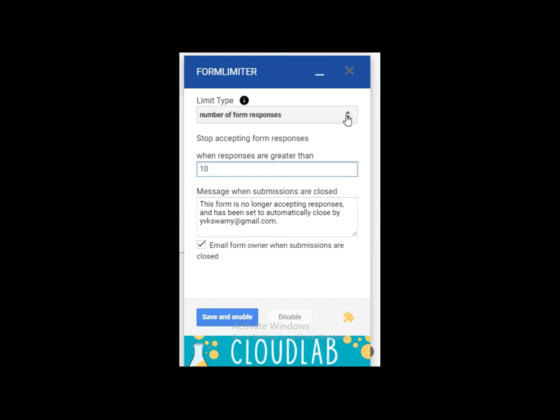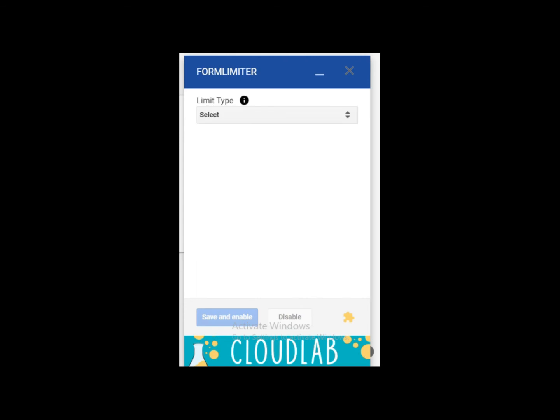So set time, date and number of responses, then click save and enable. And if you want to disable this form limiter, click disable. In this way you can set the time, date and number of responses also for your entire examination. Google Form will automatically close or stop receiving responses once the scheduled time is reached.